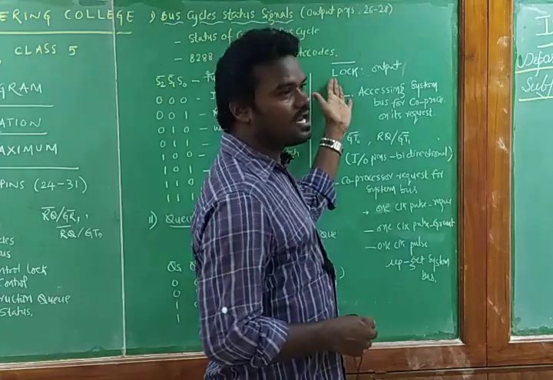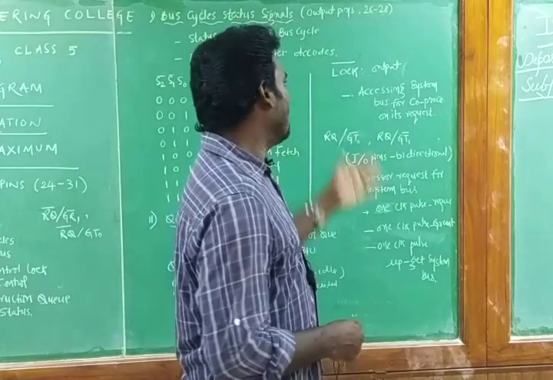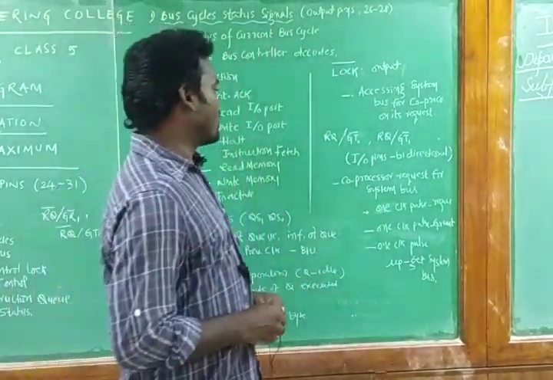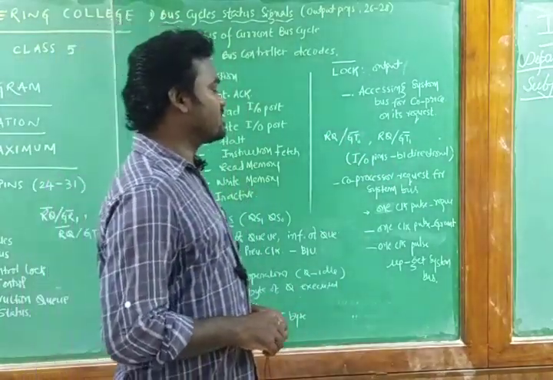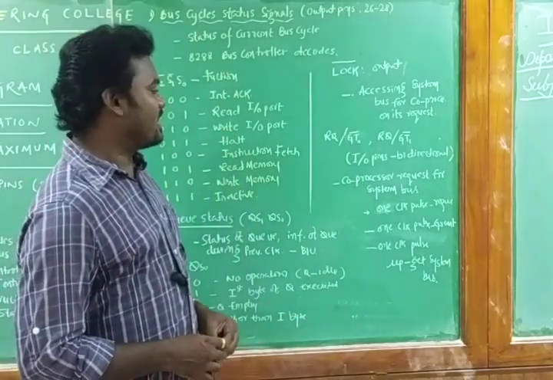Whenever this clock signal is logic 0, the system bus will be shared to the coprocessor. Whenever this is logic 1, the system bus is not going to be shared to the coprocessor. Coming to the two more signals, that is the request and grant signals. These are bidirectional signals, input output pins.